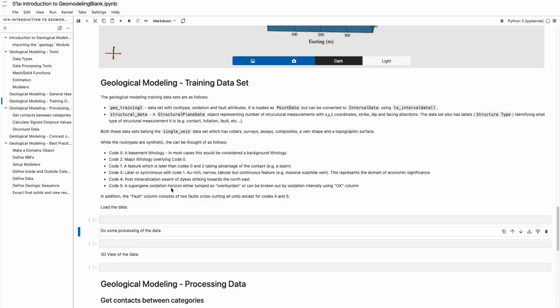Both these datasets belong to the single vein dataset, which has collars, surveys, assays, composites, a vein shape, and a topographic surface. The vein shape is obviously a little bit redundant here, as we will be creating those using geological modeling. The rock types here are synthetic, but can be thought of as follows. I think of this as a skarn system,